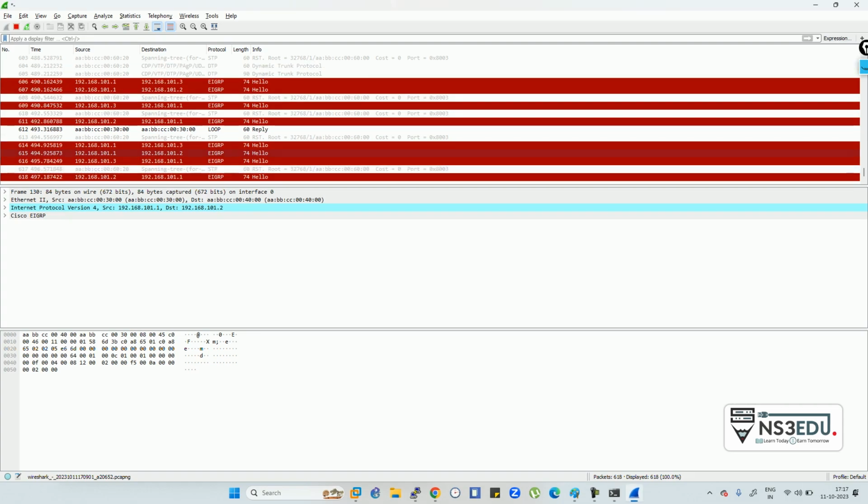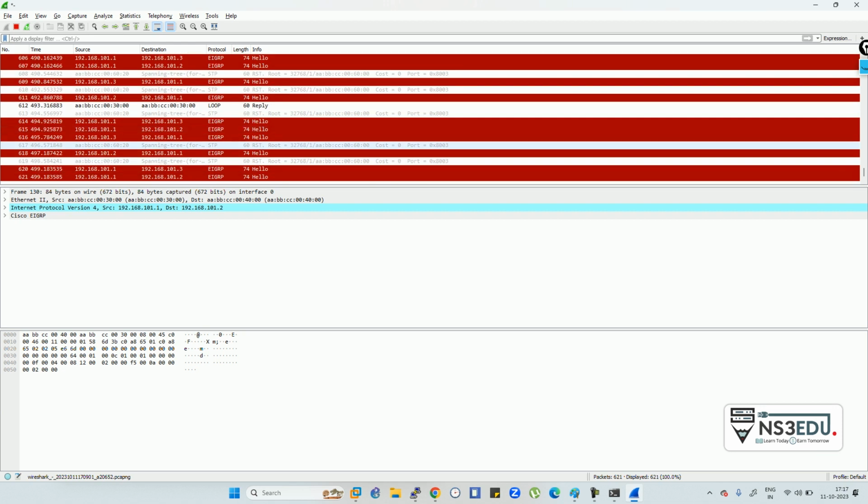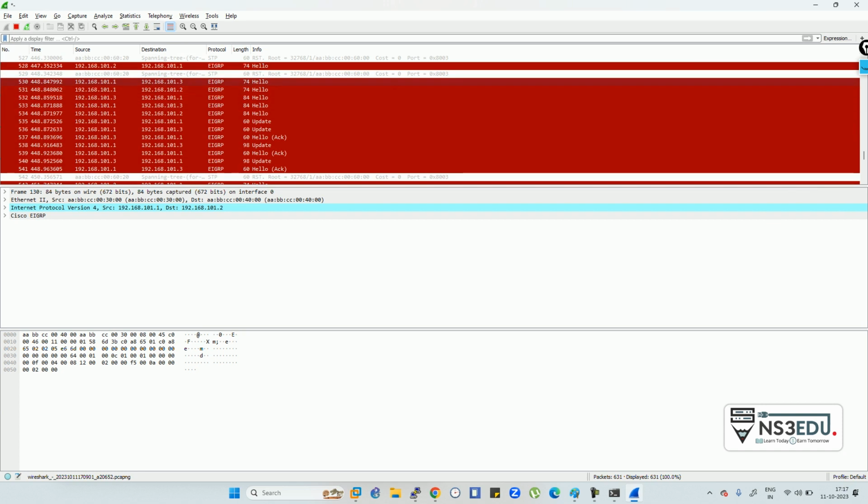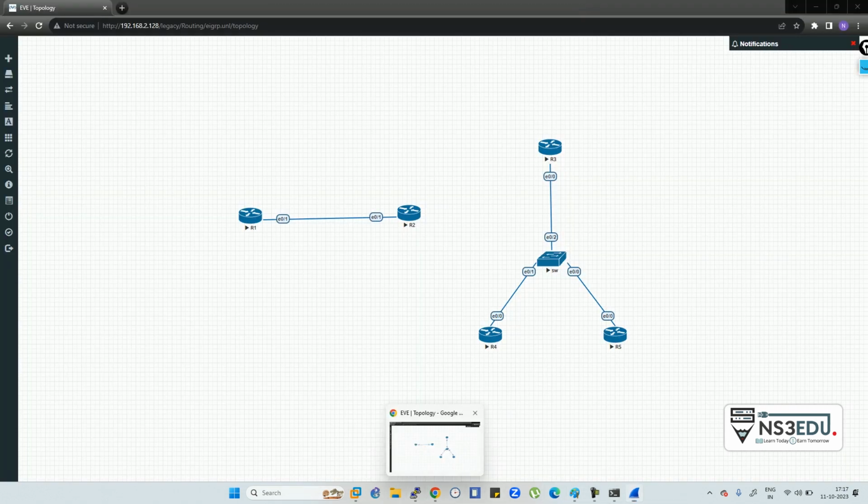Okay, as we can see here, it has formed the neighborship. Here we can see 101.3, 101.1. Earlier, when we were forming the neighborship dynamically,